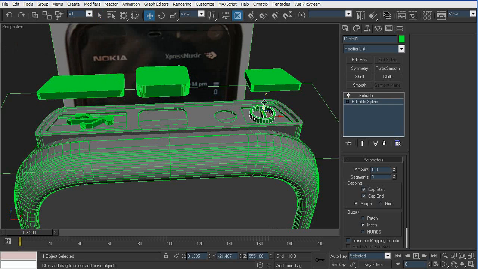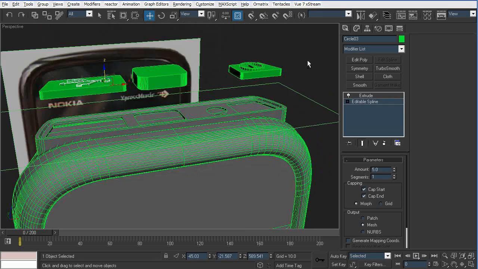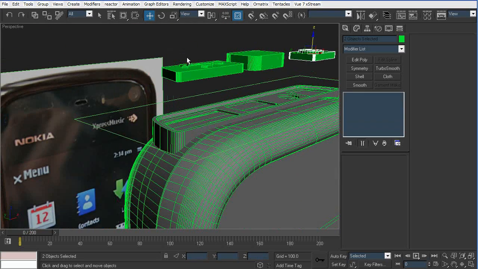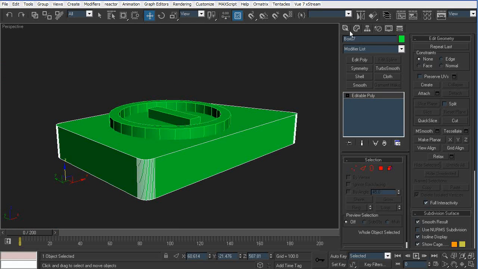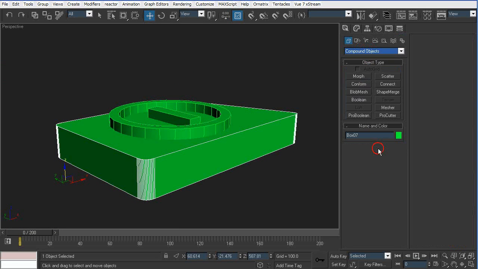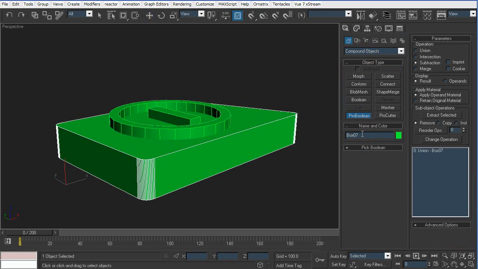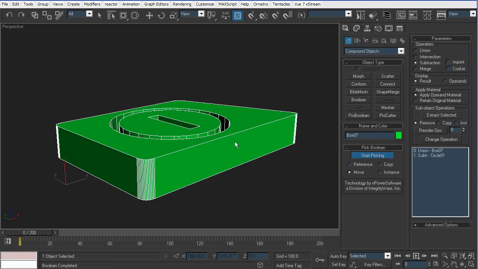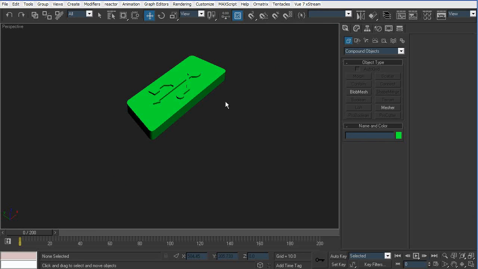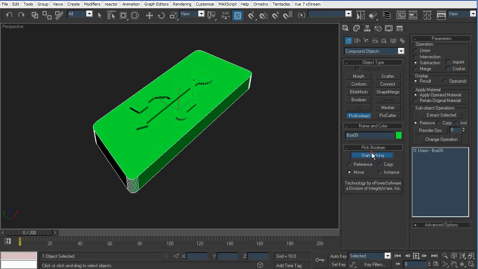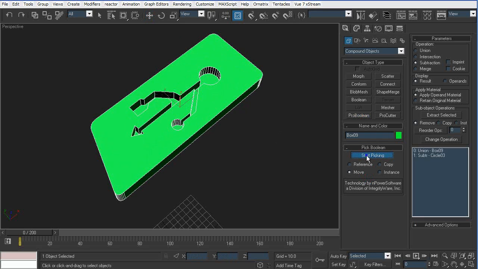Then we select this one, which goes here, and that one which goes here. Select those three, those four, and do the same thing. Go to compound objects, ProBoolean, start picking, pick that one. That makes that, and the same thing here. Alright,